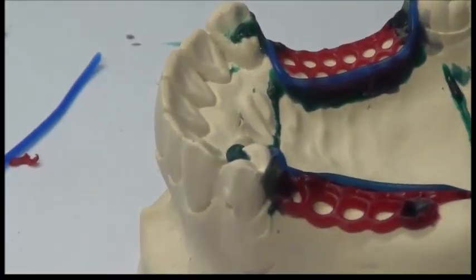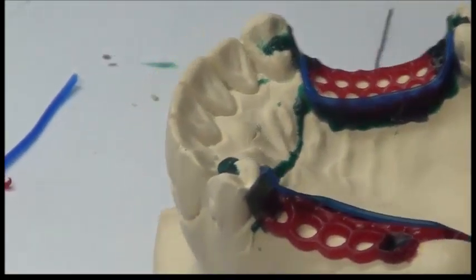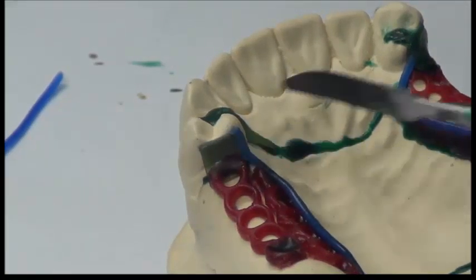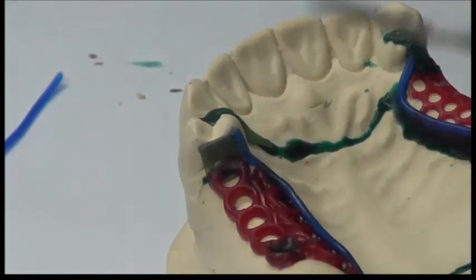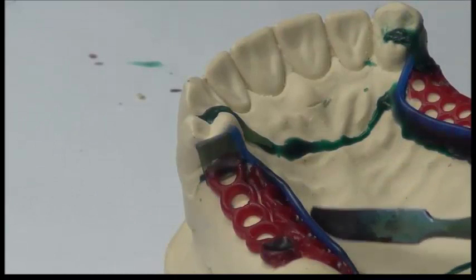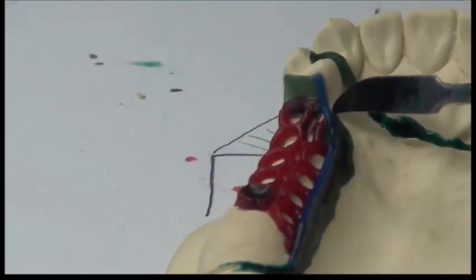Okay, I have two questions here that I want to concentrate on before I move to the next step. The first question was, what is the relation of the external finish line with the guide plate? Okay, the external finish line with the guide plate. When I place this wax, this blue wax, I extend it up to the palatal surface of the guide plate. Okay, when I added the wax to blend the external finish line with the wax present, I added it from the